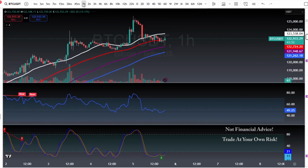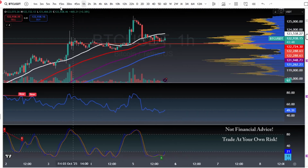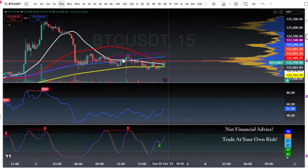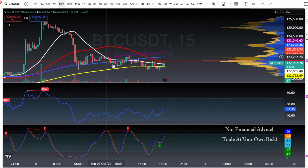Let's take a look at the 1-hour chart. Stochastics are low. It looks like we could continue going up from here as well. And on the 15-minute chart, stochastics, we haven't lost the 21 moving average. We're looking like we're doing some type of bottoming pattern here. This could possibly be some type of inverted head and shoulders. This also looks right here like a double bottom. Could probably bring us back up to about